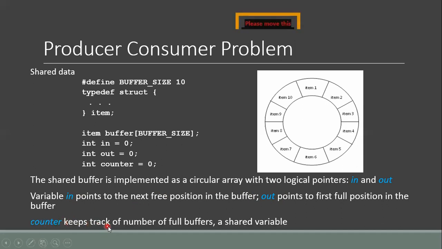Counter keeps track of the number of full buffers. So how many items there are in the buffer at any given time can be determined by reading the value of the counter variable. Counter is a shared variable that is shared between the consumer process and the producer process.